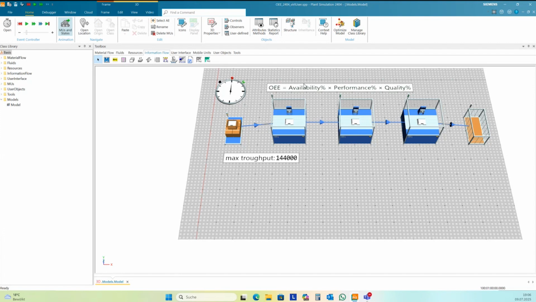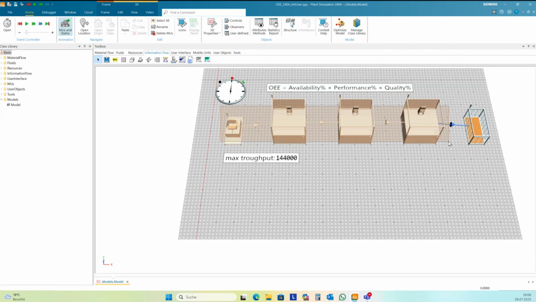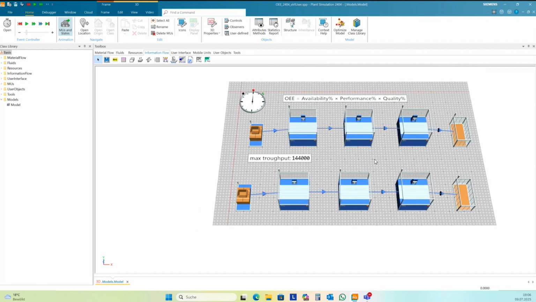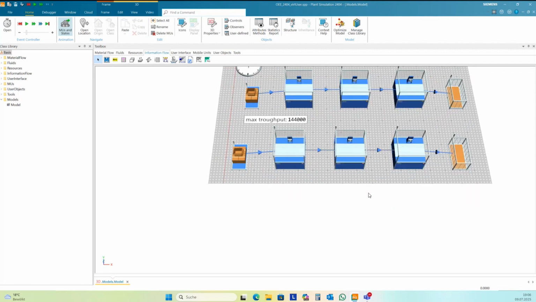So in the first step, I want to include the availability, and I just copy here the complete line. And this is quite easy.